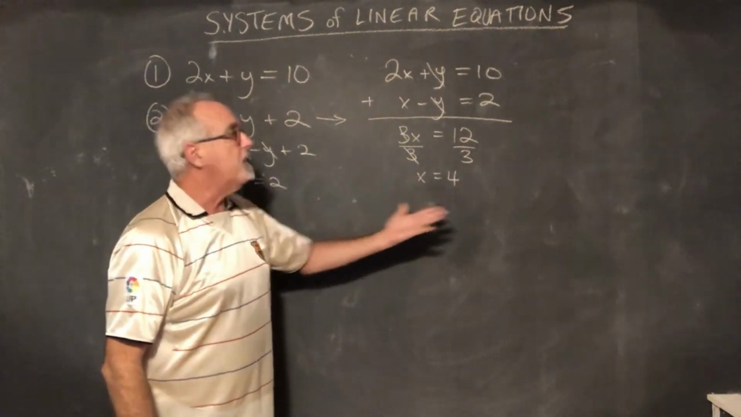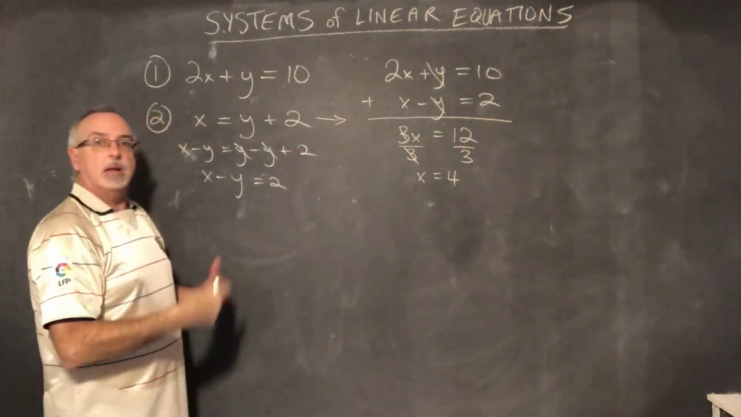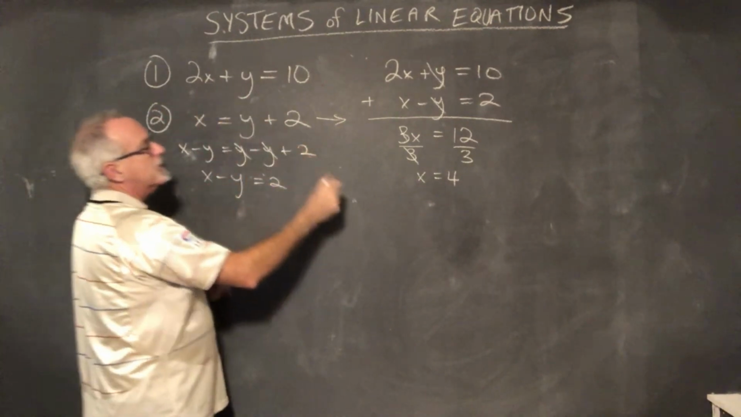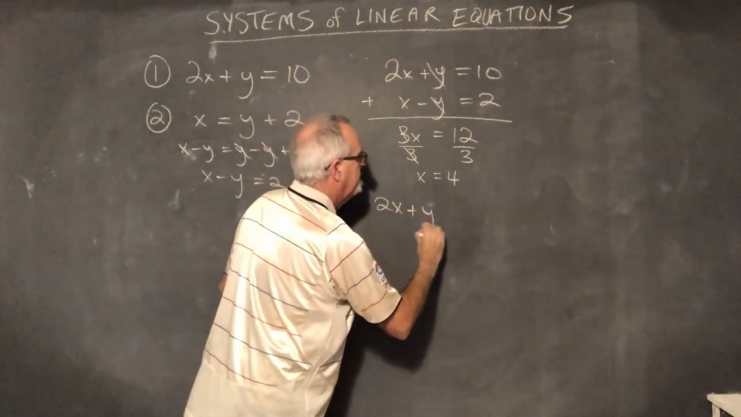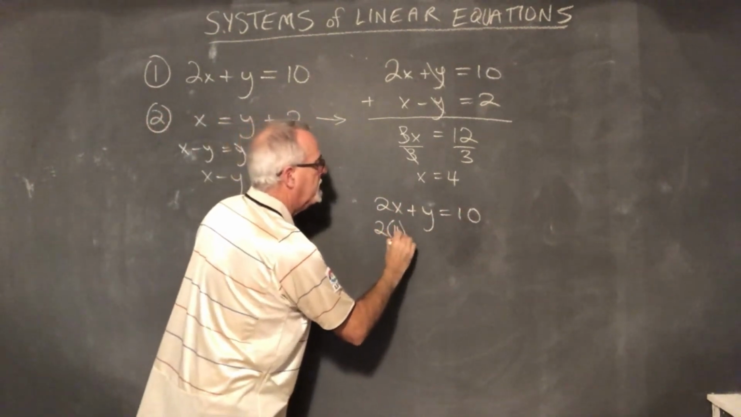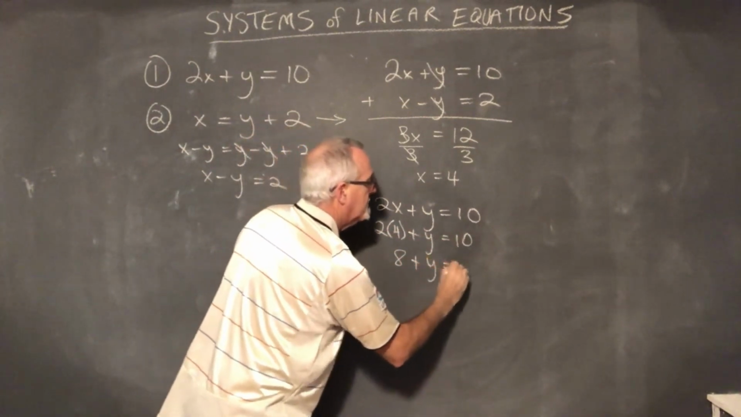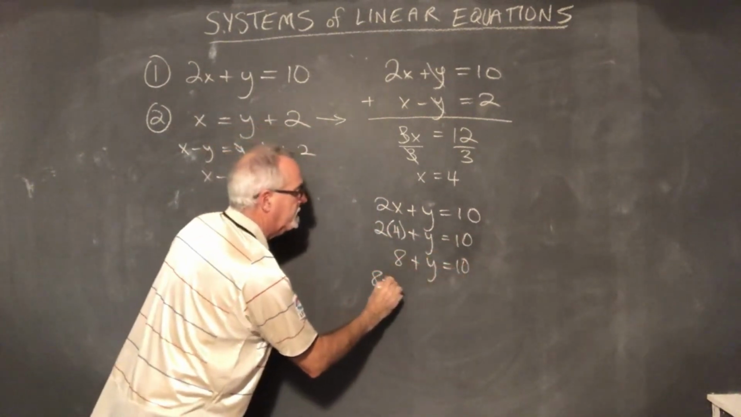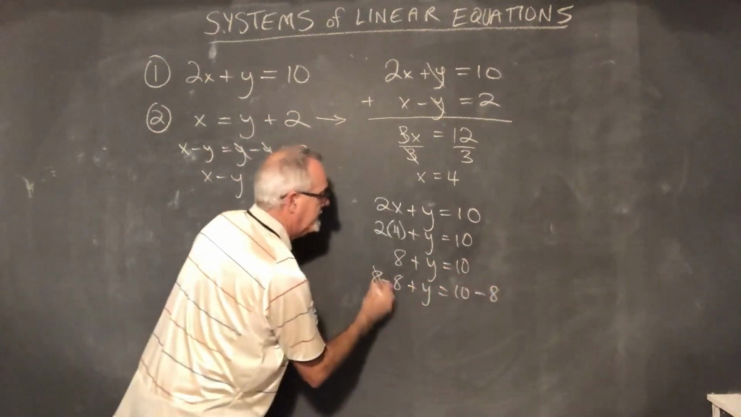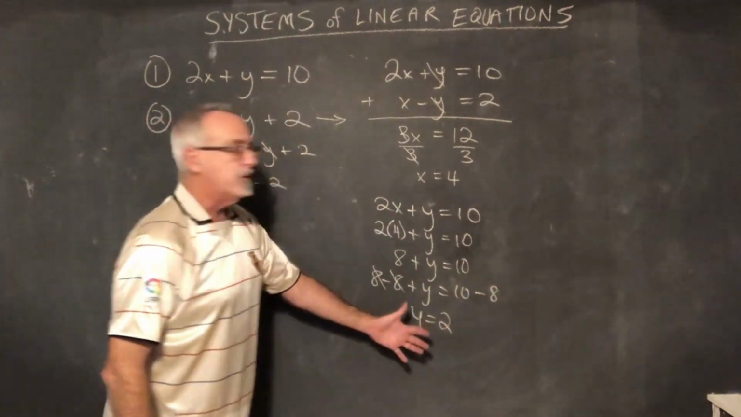How do I find the y coordinate? I take either of the original equations and I plug x equals 4 into it and solve for y. So I can choose whichever one I want. I'm going to choose 2x plus y equals 10. If x is 4 though, this becomes 2 times 4 plus y equals 10. 8 plus y equals 10. I'll subtract an 8 from both sides. These cancel, my y is isolated, 10 minus 8 is 2, I have y is equal to 2,